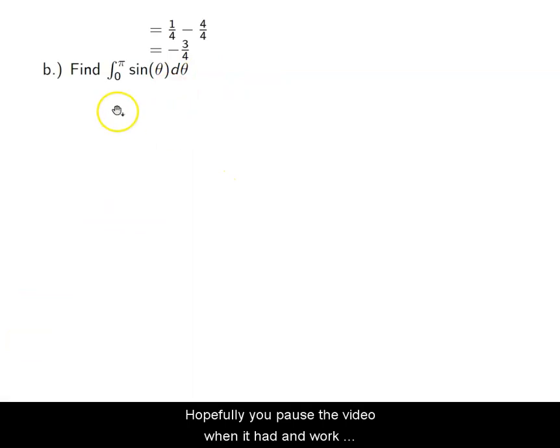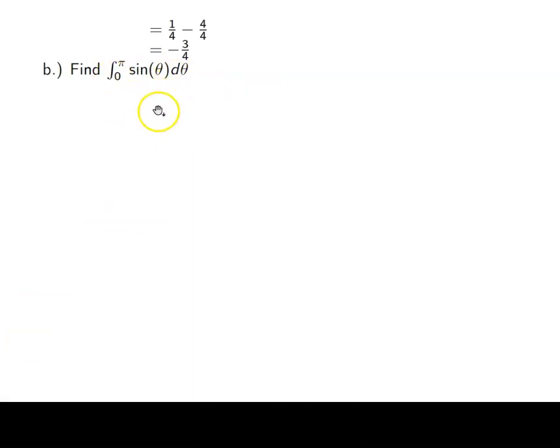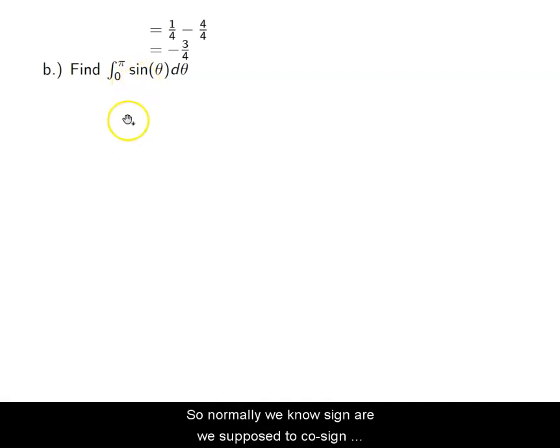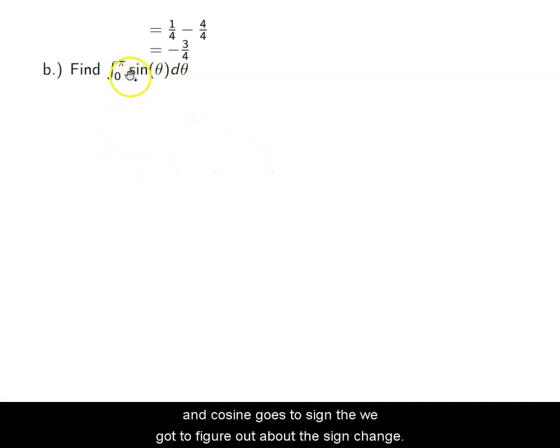Okay, hopefully you paused the video and went ahead and worked this on your own. So I need to find the antiderivative of sine, which I gave you a list for. We should definitely start learning how to memorize these or understanding what the antiderivatives are. So normally we know sine always goes to cosine and cosine goes to sine, but we've got to figure out